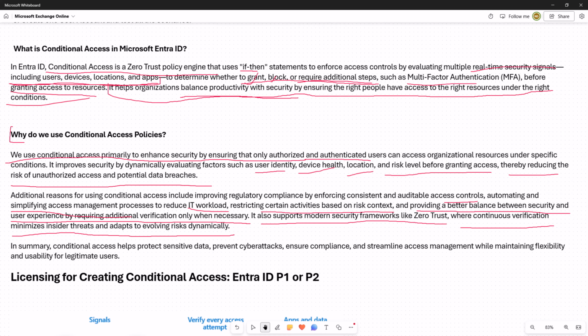The third thing we wanted to discuss is licensing for creating conditional access. The free tier allows it, but we are not working on free tiers. So either you need Entra ID P1 or Entra ID P2. How can you get that? Suppose you need a bundle or an enterprise plan, so which plan do you need to take? All these things are already discussed in another video. I will share the link in the description as well: Understanding Microsoft licenses. You can go through it and understand.